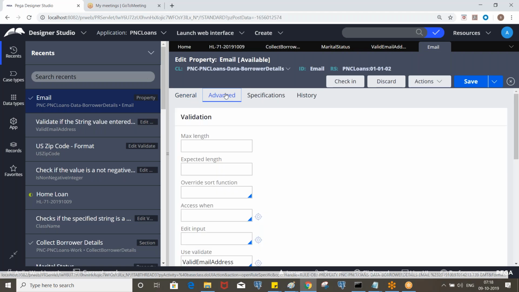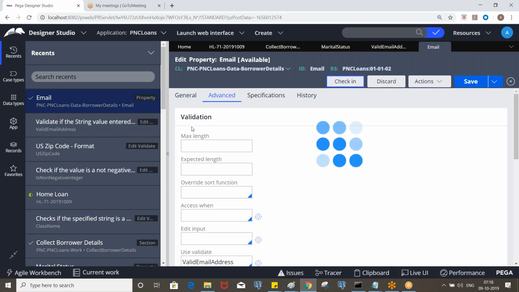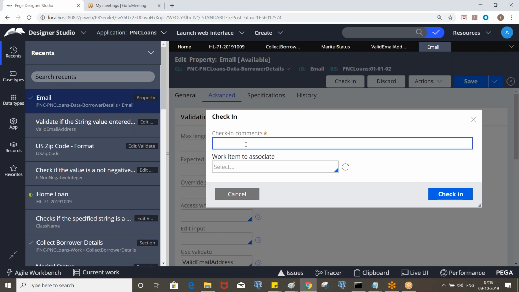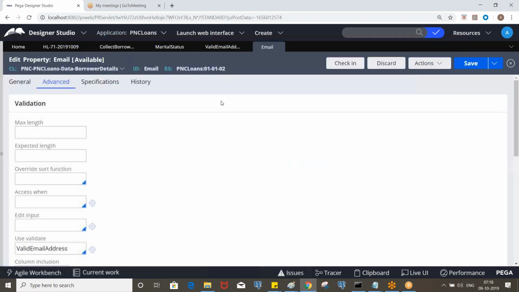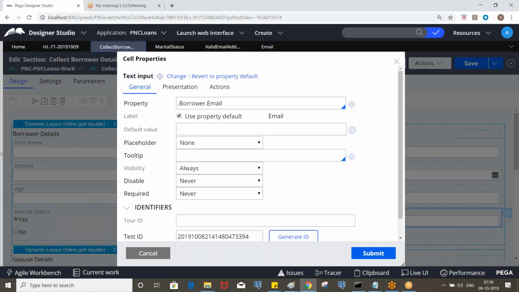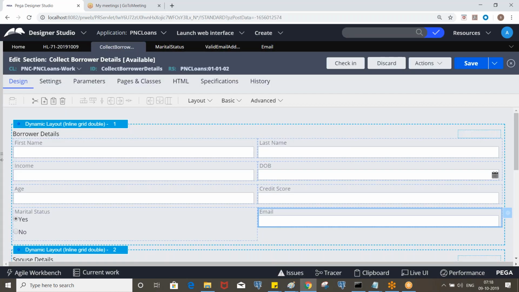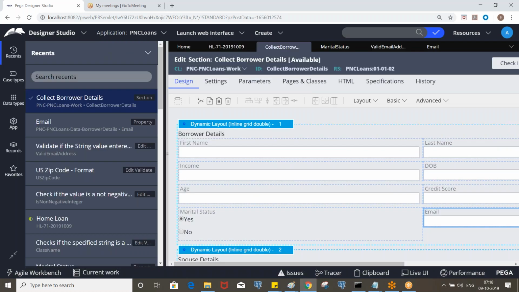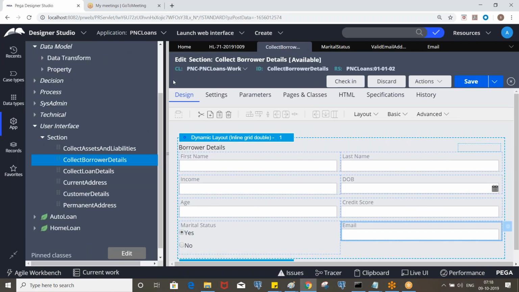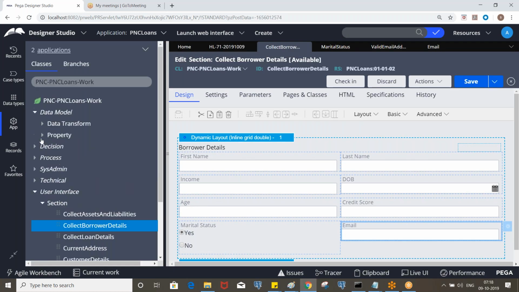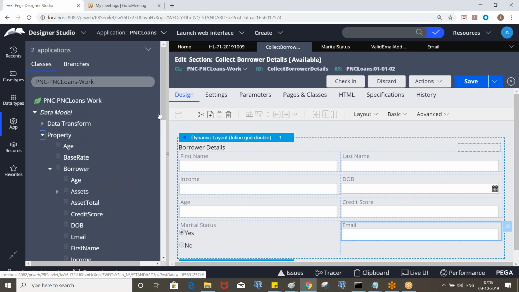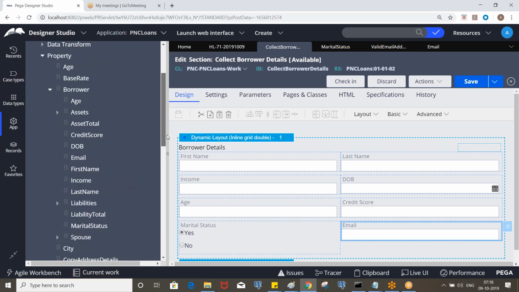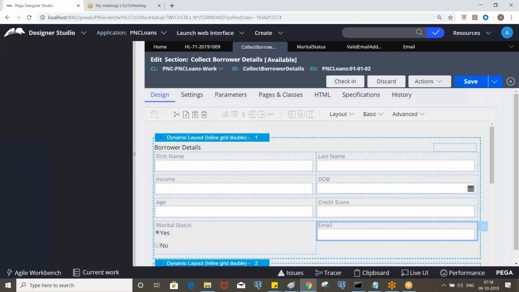So let's check in this. We invoked valid email address. Now, we have a zip code property. Do we have it here? Otherwise we create a zip code. Yeah, we have that property somewhere, right?